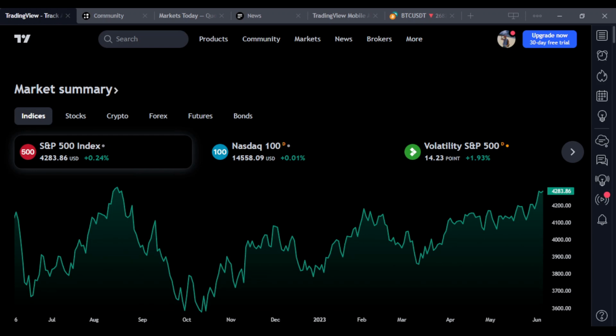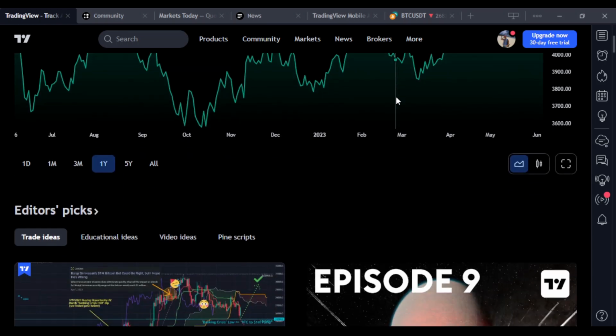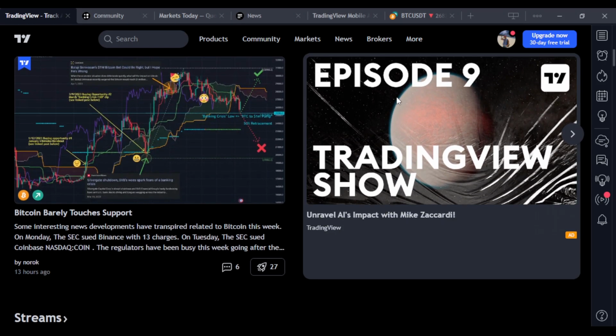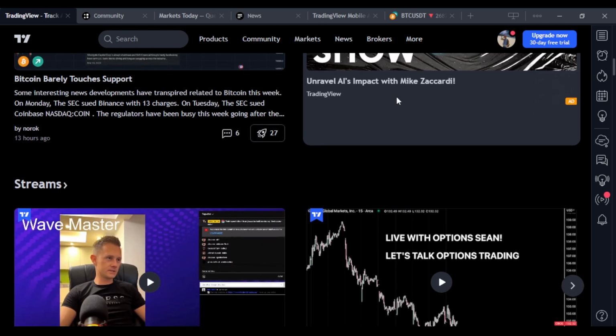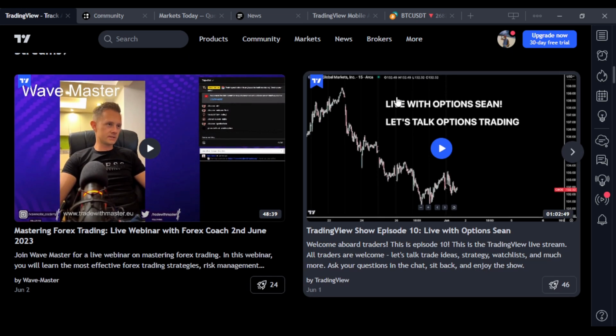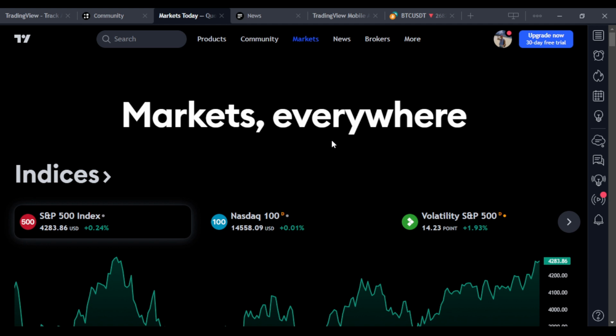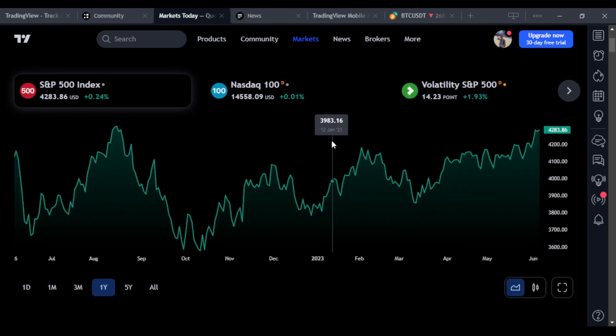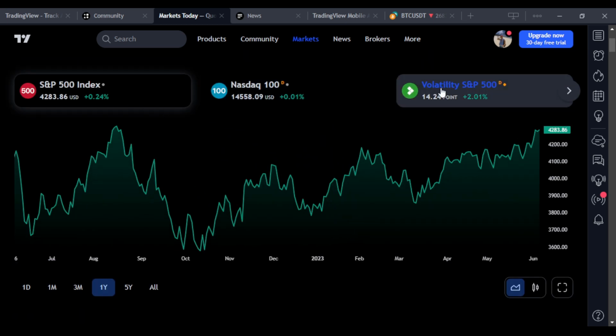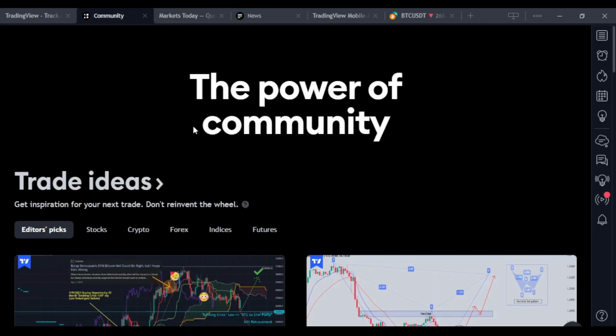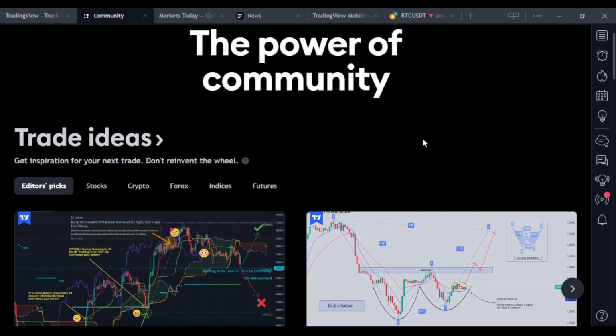The first thing to start with is that TradingView is a web-based application created for traders and investors where they can analyze financial markets and track their trading ideas. It also provides real-time data and charts for a wide range of financial instruments such as stocks, cryptocurrencies, forex, futures, and indexes. The platform is considered to be one of the best on the market, so it has a very huge